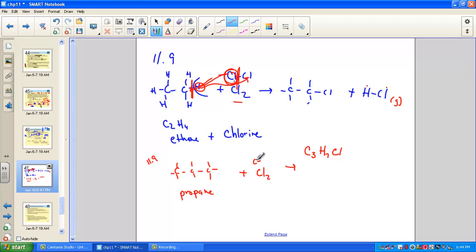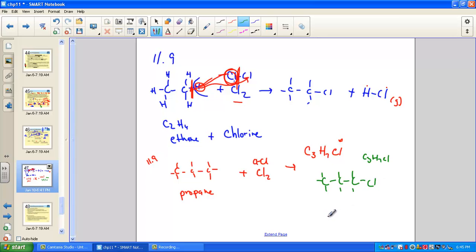Propane plus molecular chlorine, Cl single bond Cl. We have two different arrangements now for this propane molecule. It will be called propyl chloride, just as this was called ethyl chloride, with the -ide ending as it attaches. So we could have an arrangement. Let's just play with this. We have 3 carbons in a row. That's the propane root word. Where might we place that single chlorine? Well, one of the attachments might be at the terminal end. The molecular formula becomes